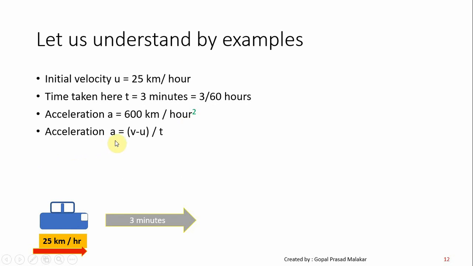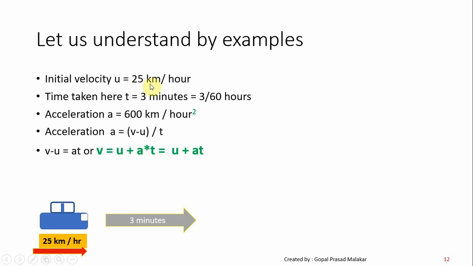So if you recall, acceleration a is equal to v minus u by t, or you can say v minus u equal to at, or you can say v equal to u plus at, where a into t, or at, is the same thing. V equal to u plus at is the formula by which we solve it. And how is it coming? Pretty simple. It's just you moving here and then u plus at gives you the v. Now let's apply it here.